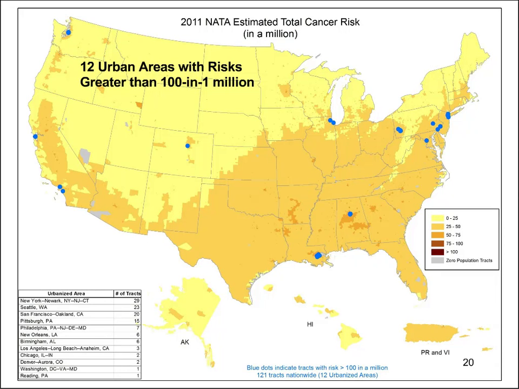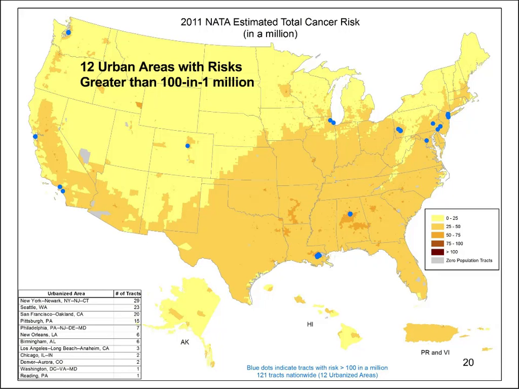Those are the urban areas that had at least one tract over 100 in a million. And there are many, many fewer tracts this time than we had in previous NATAs. And that you're comparing. Yeah, I'm not comparing. Thank you, Mark. He has to slap me all the time for doing that. But the bottom line is,